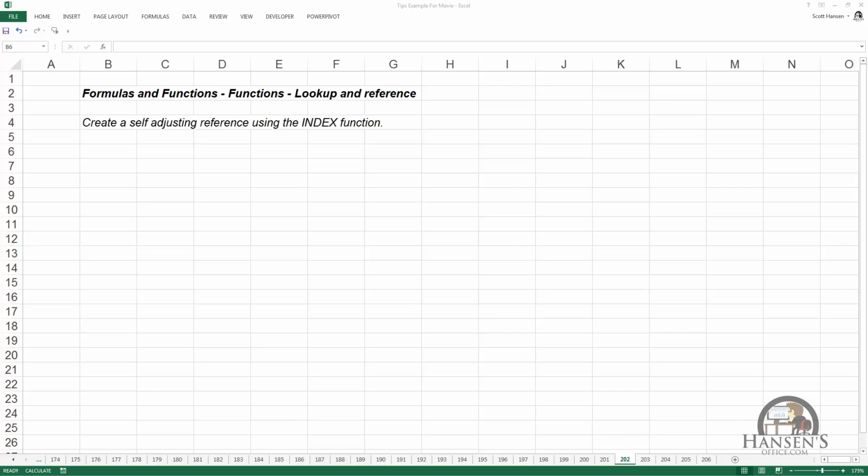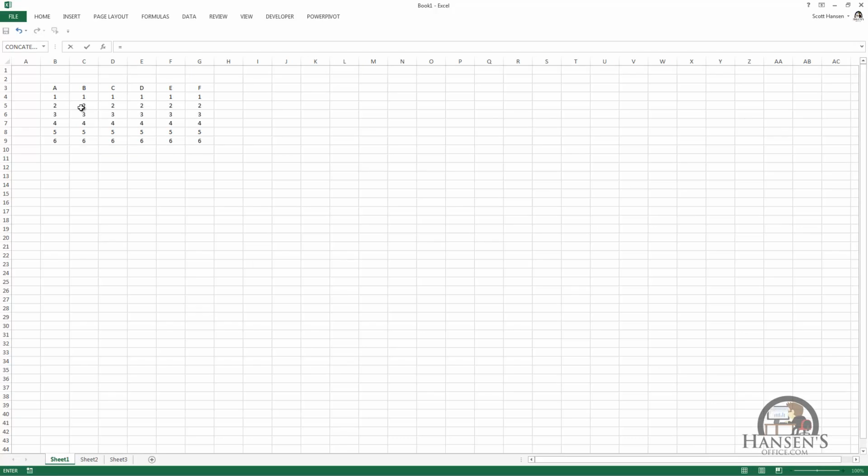This tip involves creating a self-adjusting reference using the index function. I had a friend of mine that wanted to reference some data on another workbook that was going to be refreshed periodically. And he originally set it up this way. Equal, going to the source workbook, that cell, enter,